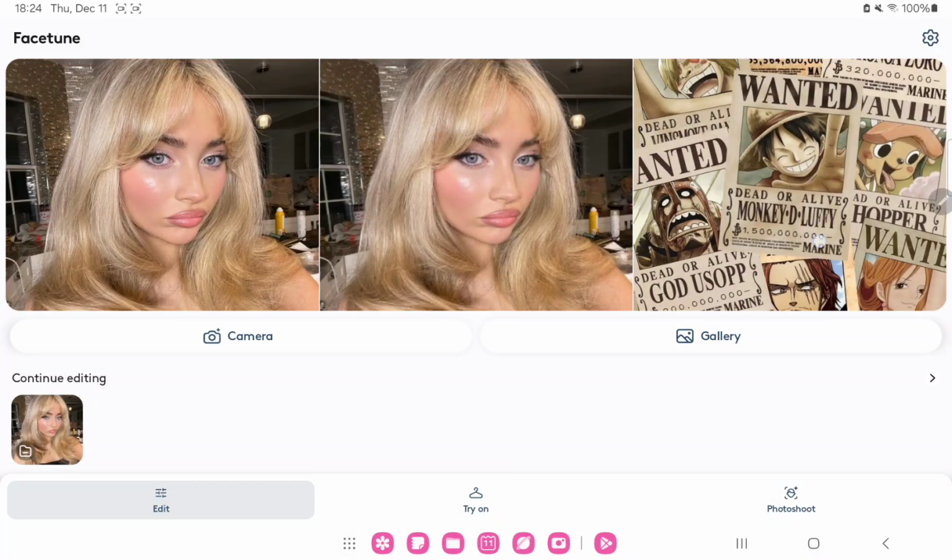Hello guys! In this video I'm going to show you how to turn on usage data option on the Facetune